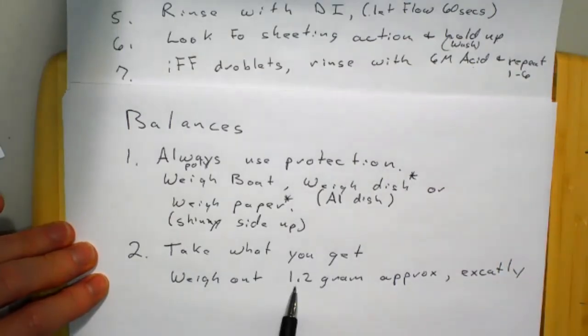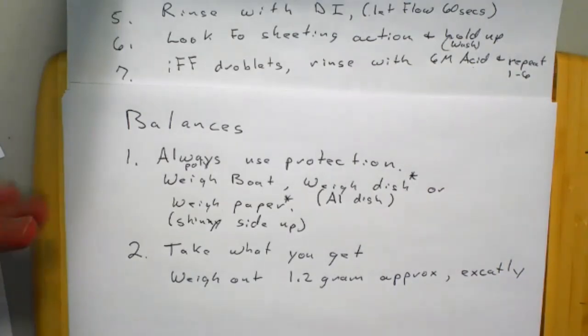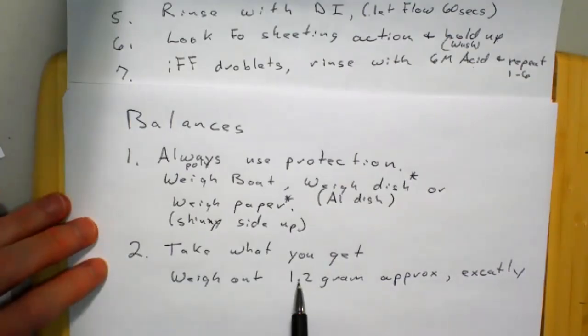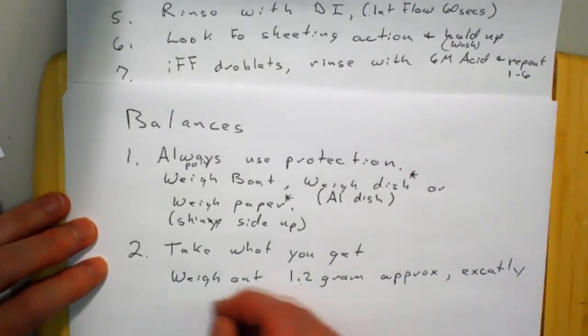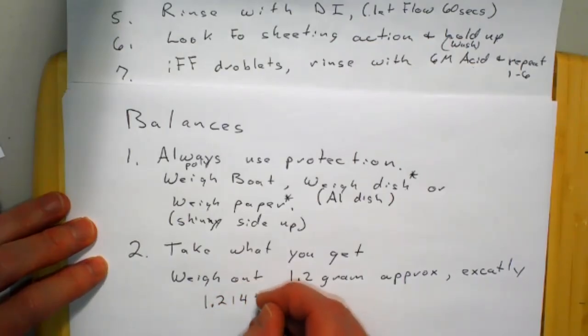Okay, so what we're trying to tell you, English language is all messed up, right? We want you to weigh about 1.2 grams, but record whatever it is, 1.2147 grams